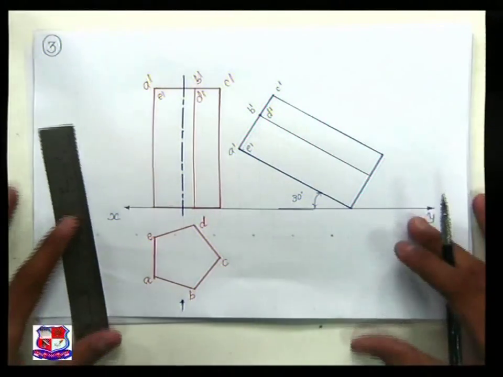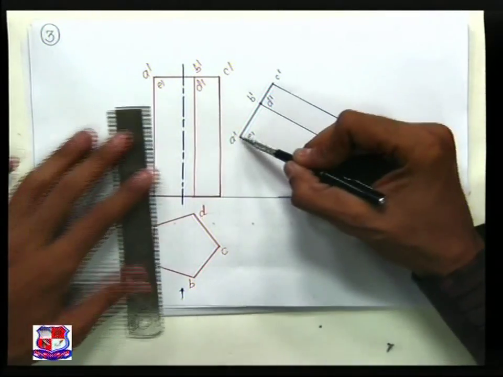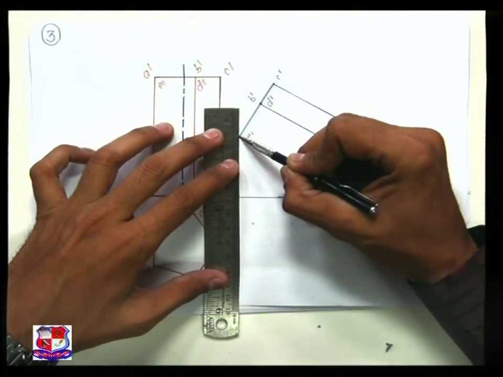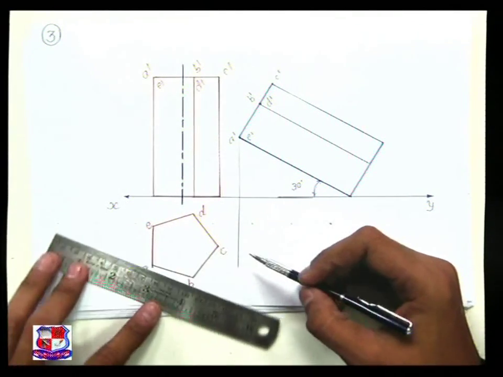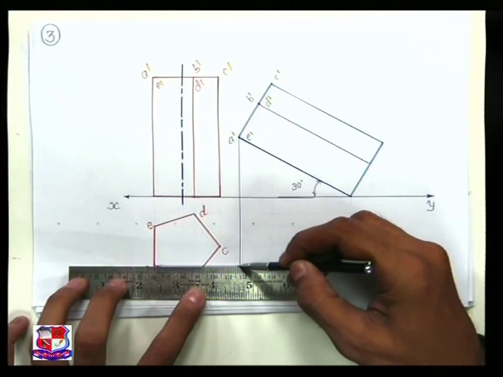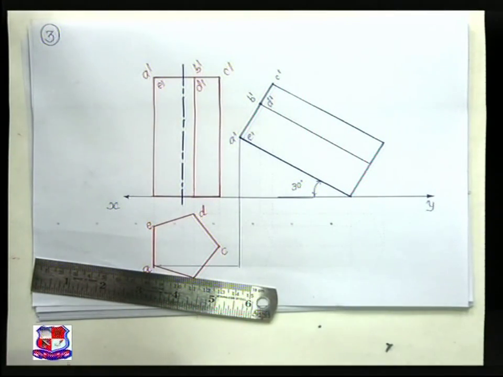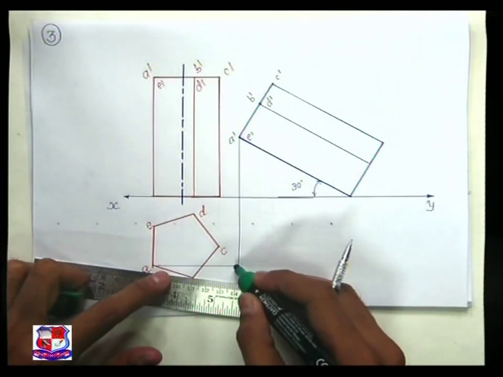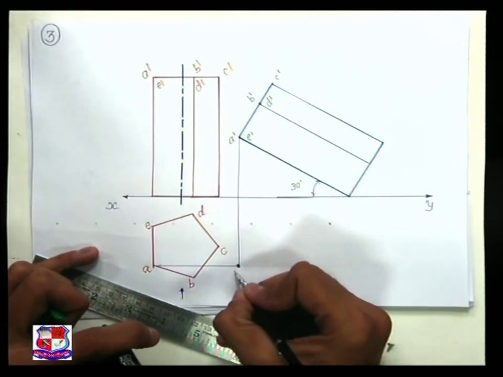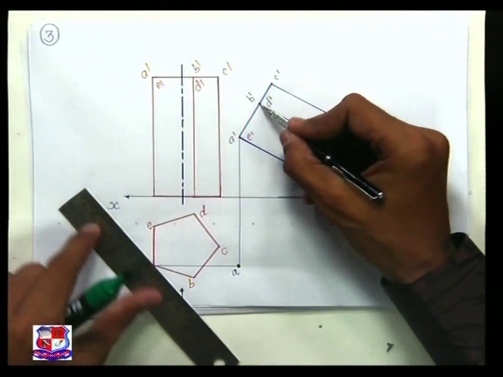Now after drawing this front view, let me find out each points one by one. First, from point A, draw straight vertical line like this, and from point A dash vertical line, from point A horizontal line. So a point would be here. Here is the point. Name this point as point number A, somewhere here. Similarly, vertical line from point B, B dash